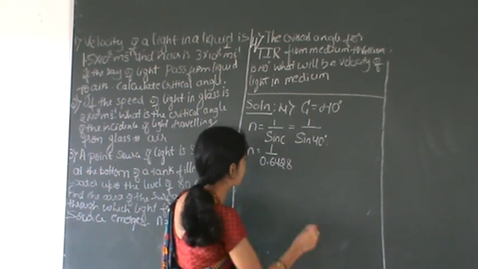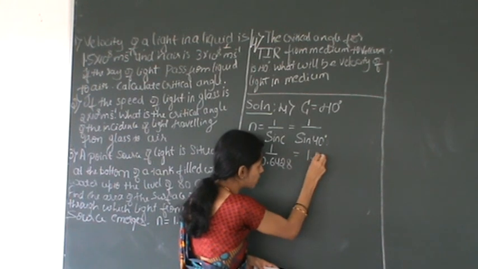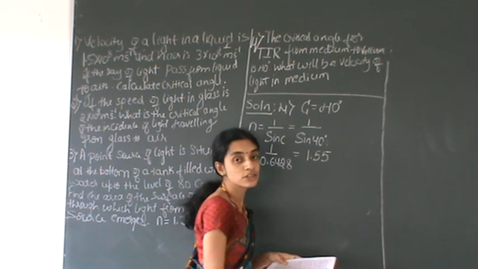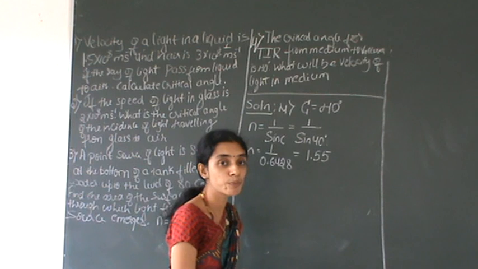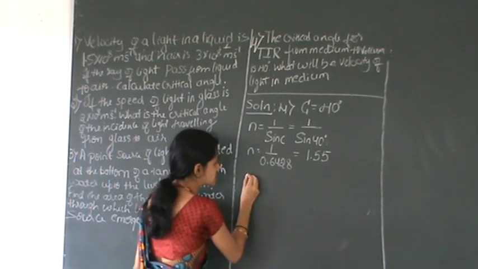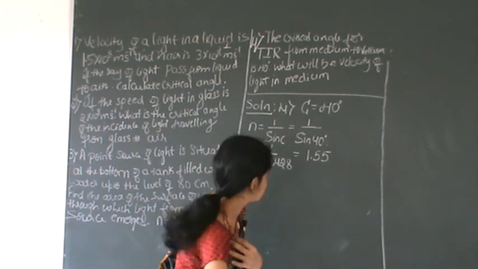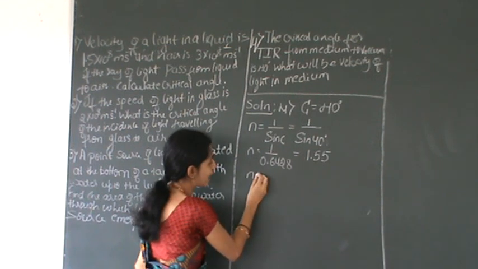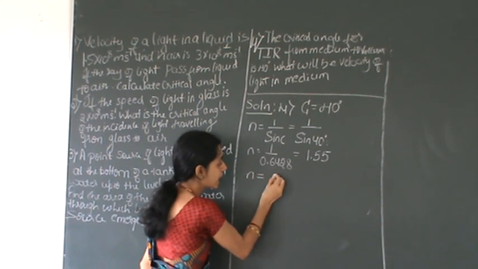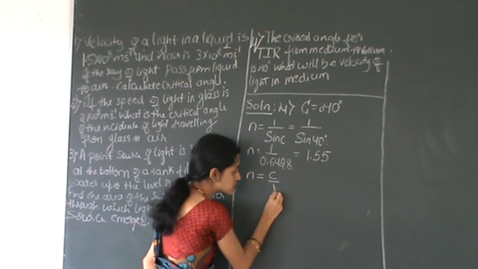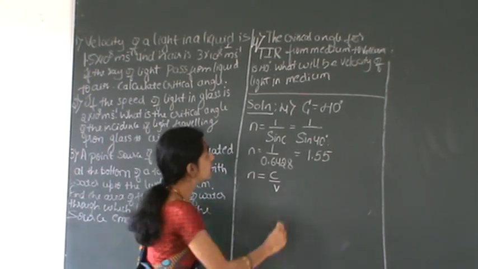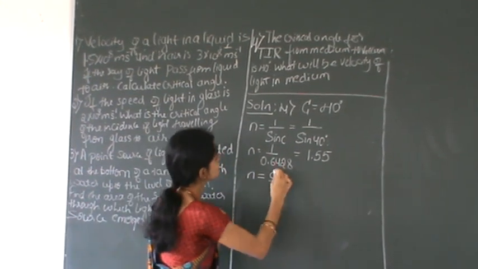If I simplify, I will get the value 1.55. The refractive index value is 1.55. Next, according to the definition of absolute refractive index, n is equal to c by v. Since it is with respect